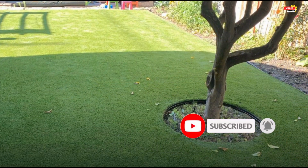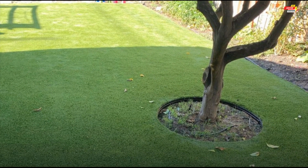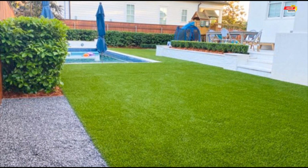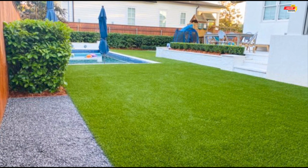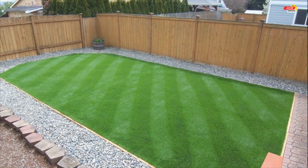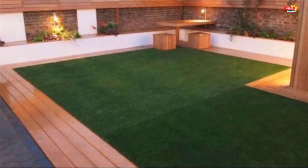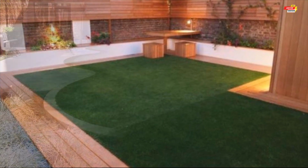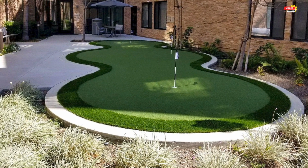Artificial grass, in the context of a patio area, refers to a manufactured surface designed to mimic natural turf. It is composed of synthetic fibers woven or tufted into a backing material, intended to provide a durable, low-maintenance alternative to natural grass. When applied to a patio, it transforms a typically hard, often uninviting surface into a softer, more